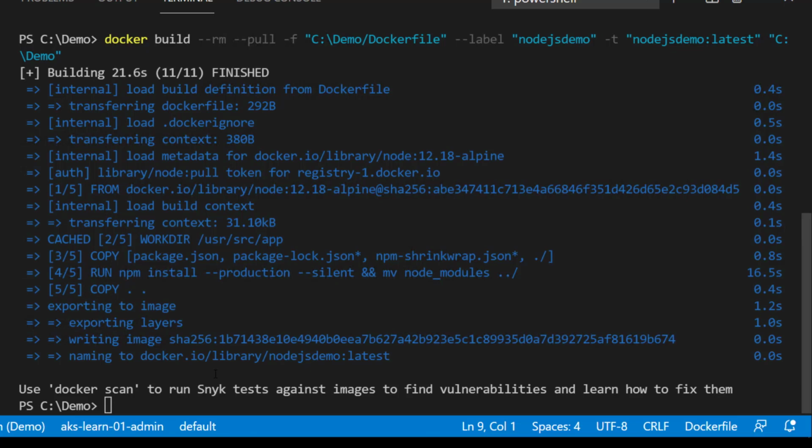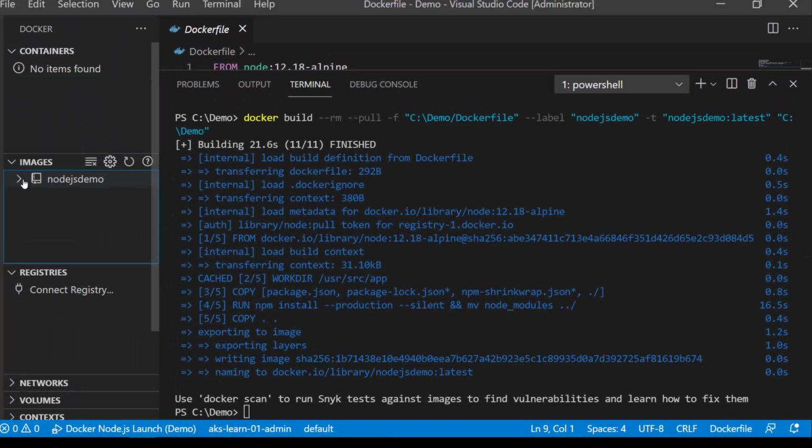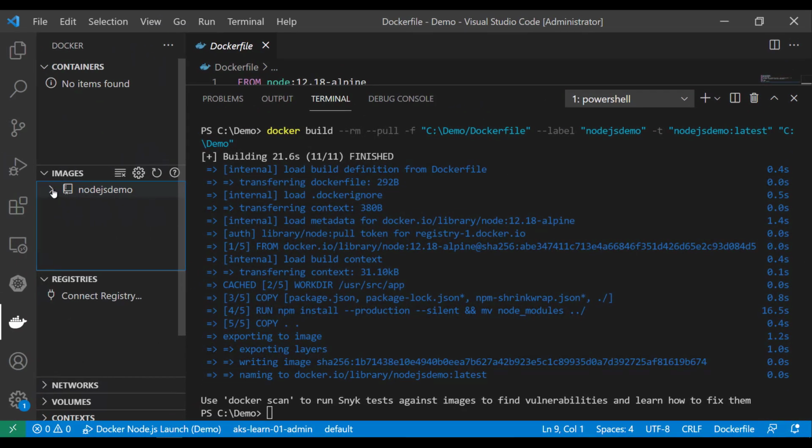The command completed successfully, and now we can see that we have the image already published here on our local Docker Hub. This is the image name we specified in this command, demo latest, where latest is the tag, and this is the image size.